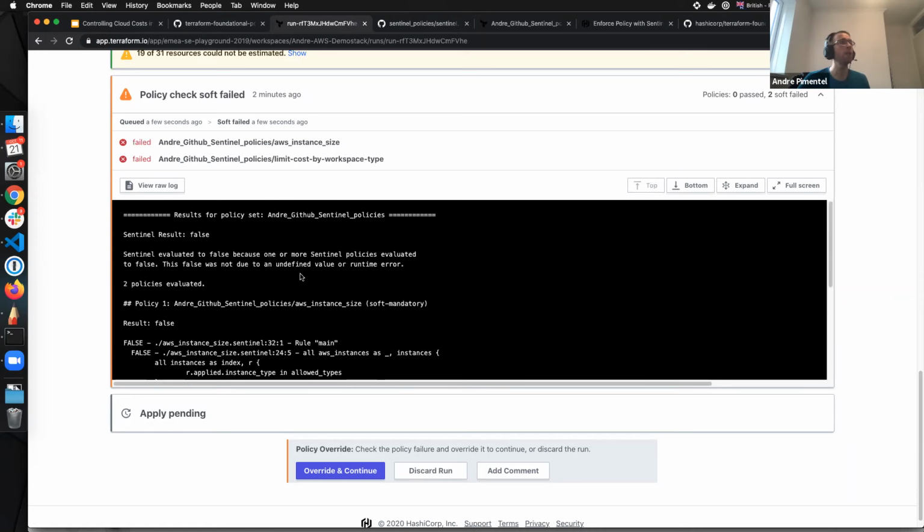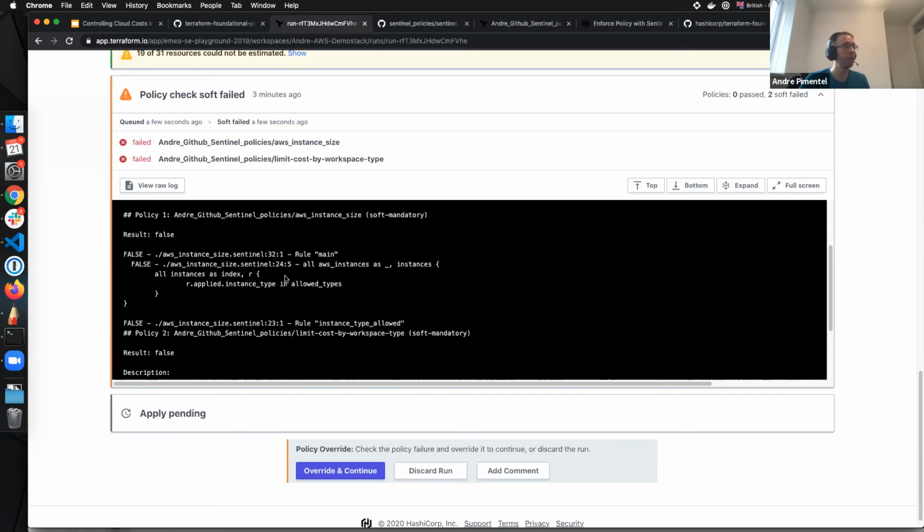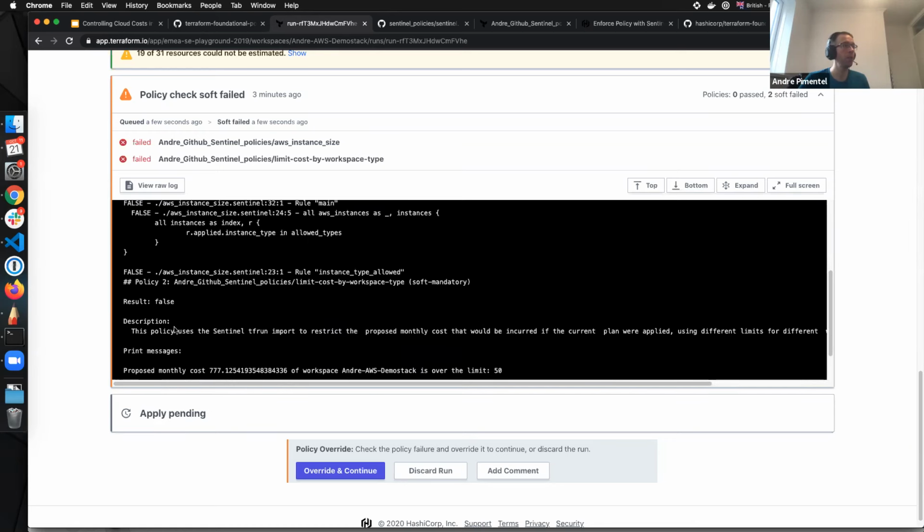If you see here also, the feedback we give to the users is very user-friendly. It's not just, oh yeah, I failed, and we have just a red cross there. Using Sentinel, we can also give very constructive feedback to the users. As you see here, we have the 2 policies and we have a description.